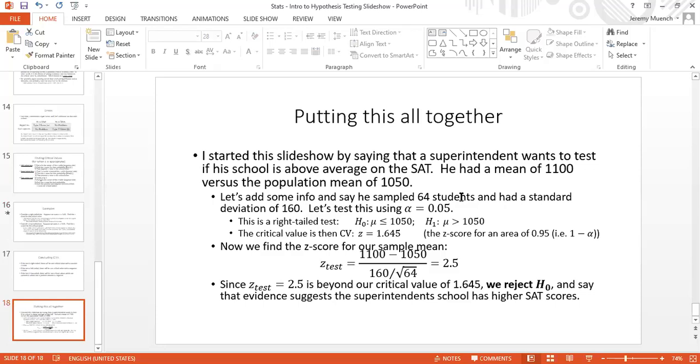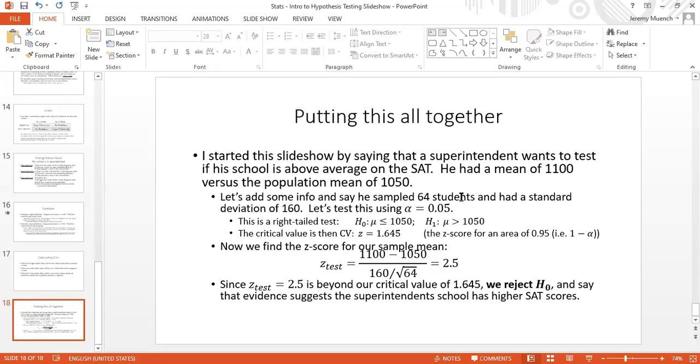And this might be one of those rare occasions, depending on the use for this information, where I would say a one-tailed test might be reasonable. If he's looking to say, hey, other schools might consider looking at my school's example, if that's the conclusion that he's looking to draw,